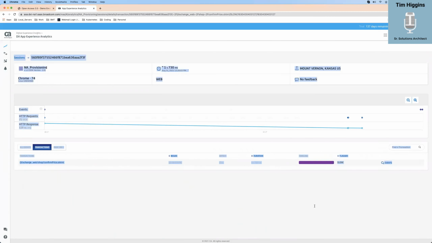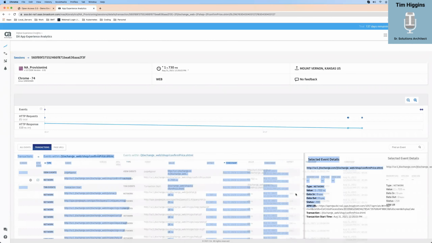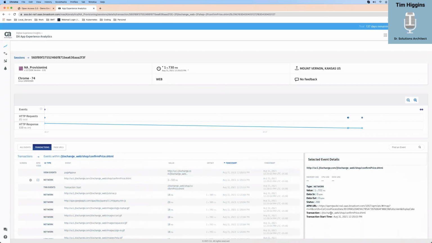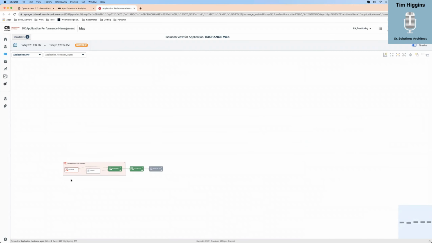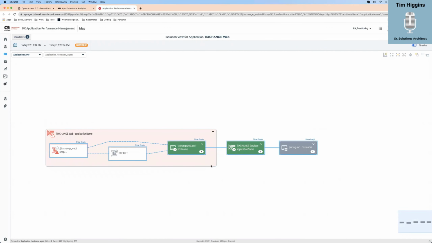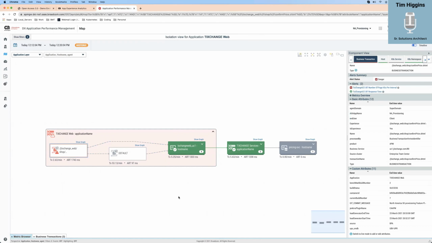Now here, I got the same way that I was doing before. I have my upside down birthday cake. Okay, oops, sorry, I highlighted too much. I got my upside down birthday cake. Again, if I had the right agent connected, I'd be able to get the memory, CPU, and disk. If I click on my map, it's going to take me right to it. And it takes me right to the issue right here. And it's highlighted for me, so it's easy to see.